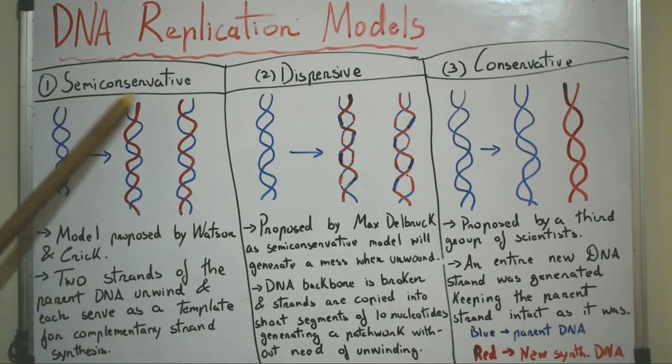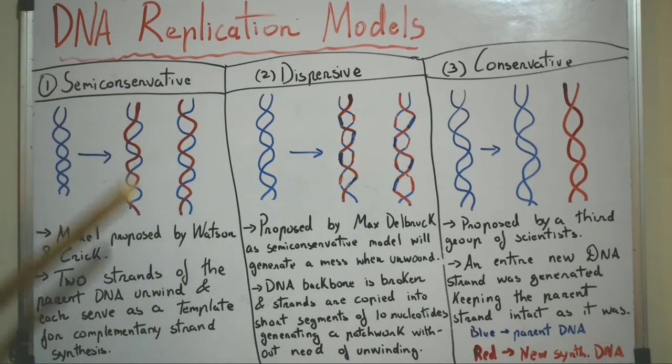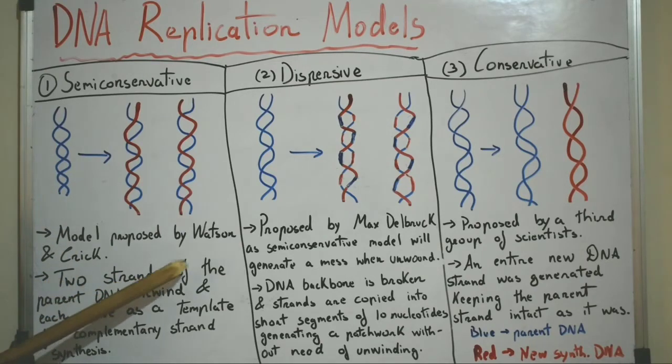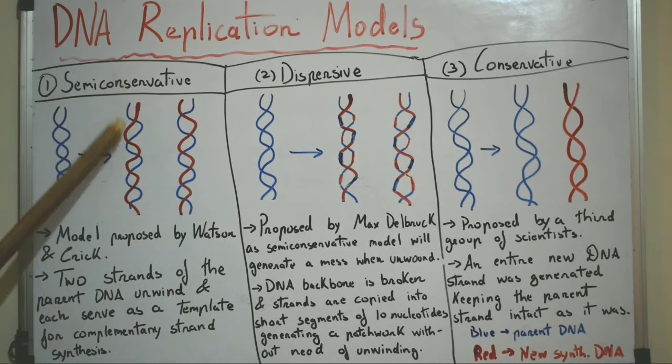So now let's move on into the semi-conservative model of DNA replication. This model was proposed by Watson and Crick. Now according to this model, the two strands of the parent DNA unwind and each serve as a template for the complementary strand synthesis. So according to this model, this is the parent DNA, and both the strands of that unwind by breaking the hydrogen bonds, and each strand serves as a template and the complementary strand synthesis occurs. So we can see that there is one blue strand and one red strand, which is the